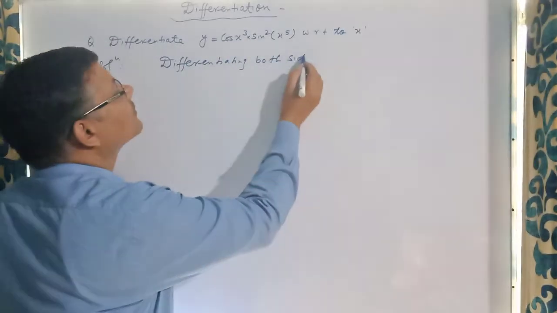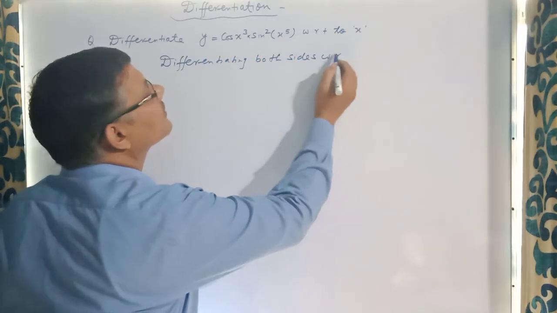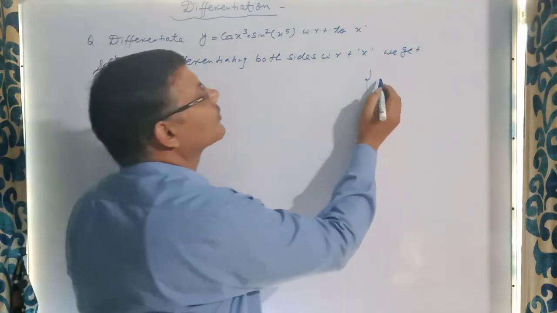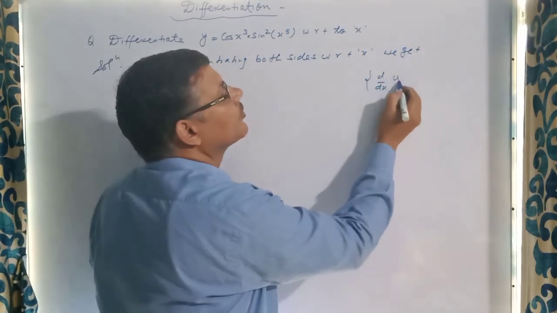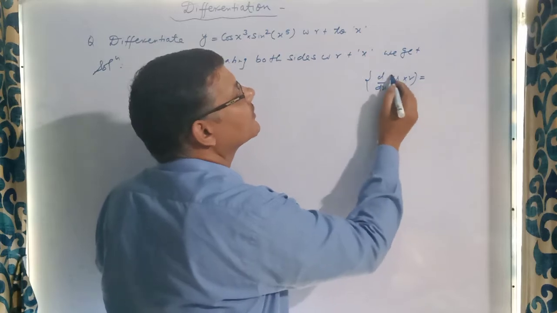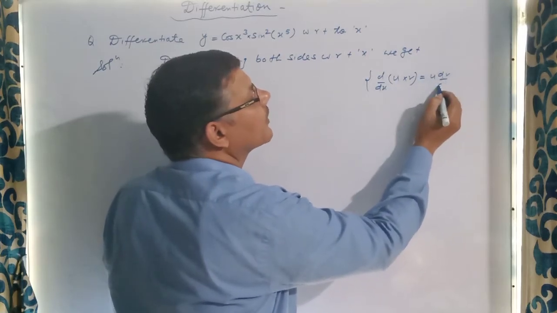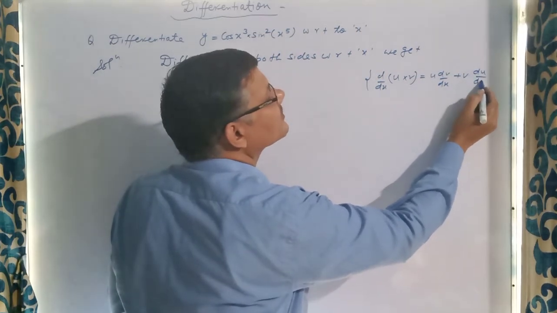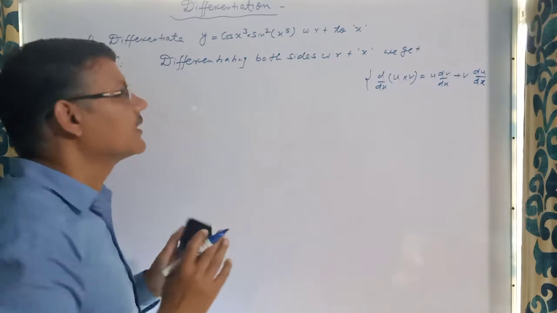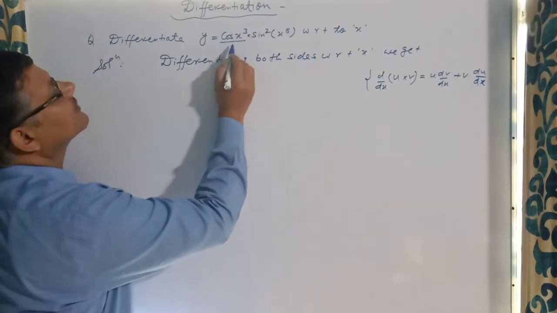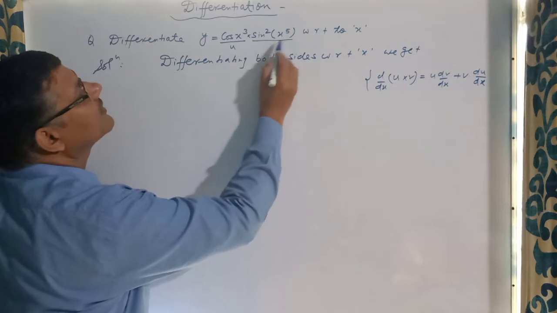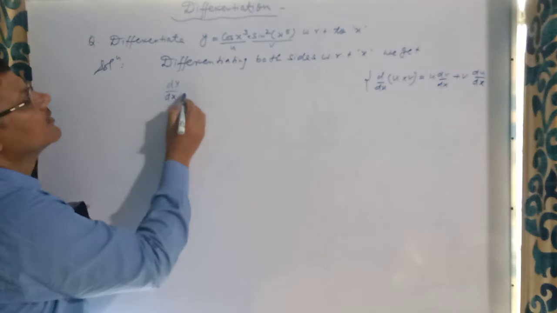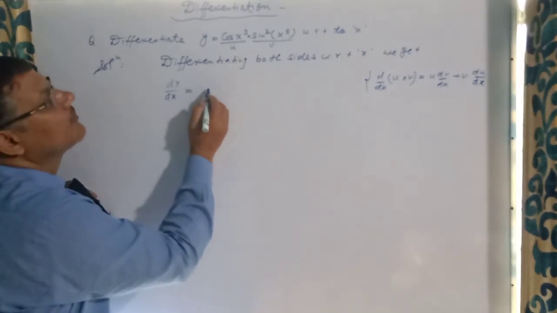Both sides with respect to x, we get, by using the product rule, that the derivative of the product of two functions is equal to first function into derivative of second plus second function into derivative of first. This is the formula, so first we will use this formula. The first function is u and the second function is v. So we get derivative of y is equal to, we may fix the first function,